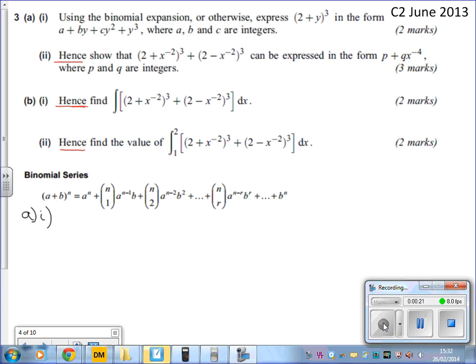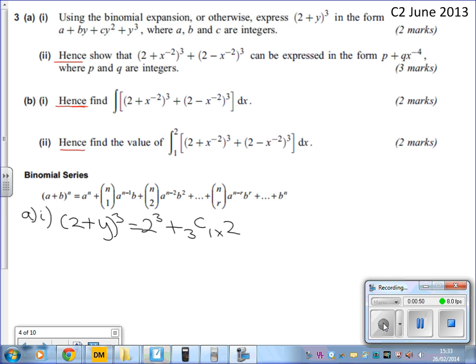It does say "or otherwise", so you could just multiply out the brackets if you'd forgotten how to use the binomial expansion, but binomial is the fastest way. So what we're going to do with the binomial, it's in the formula book, is start off with a, in this case that's 2, so 2 cubed, because n is 3. Then the next term is going to be 3c1, that's how you put it into your calculator,